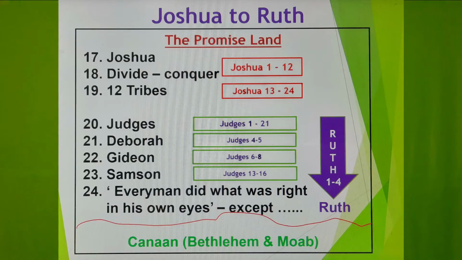Actually, the book of Ruth is inside the period of Judges. It's not another story, it's the same story. That's the reason I put that arrow mark there, the Judges. There were 13 judges, 10 are just passing and 3 are in detail. And at that time, every man did what was right in his own eyes. That was the condition, except Ruth, a Gentile lady.